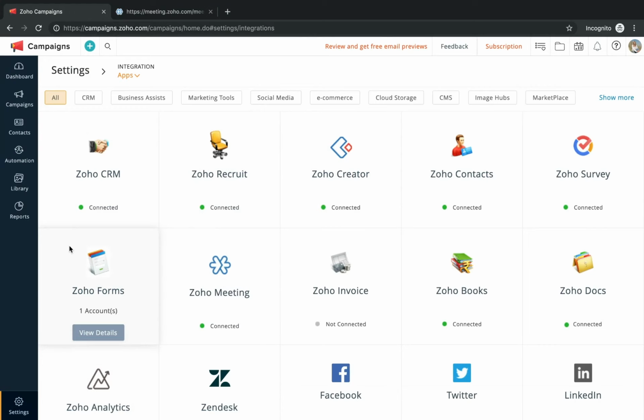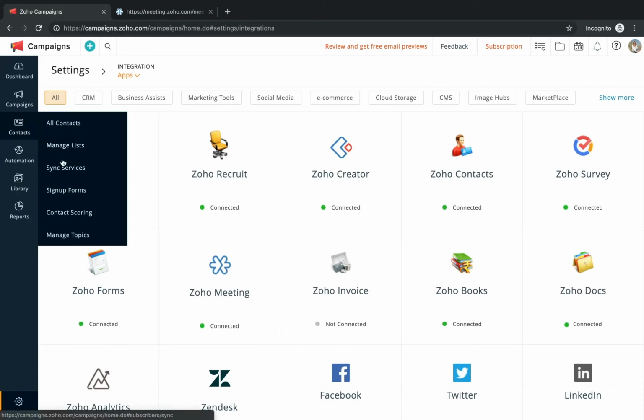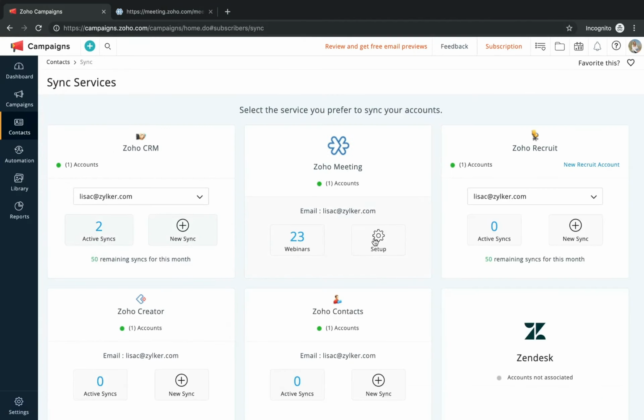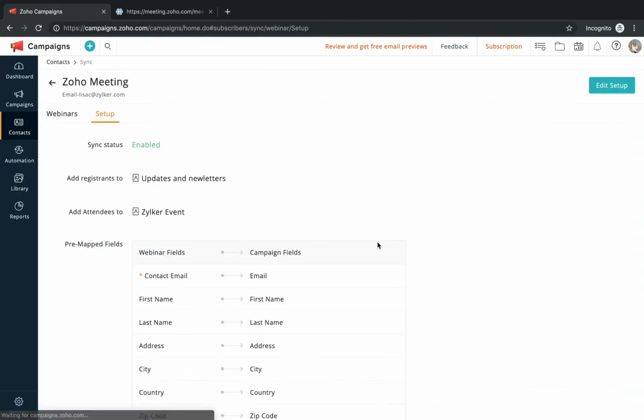After getting connected, you will find the data of your Zoho Meeting account getting automatically stored in the Campaigns account. Here, if you go to the contacts and move on to the sync services, you would find Zoho Meeting, and you can edit the setup.